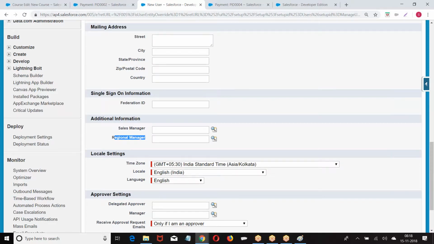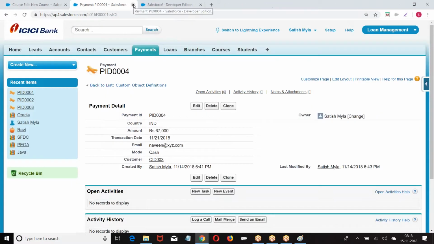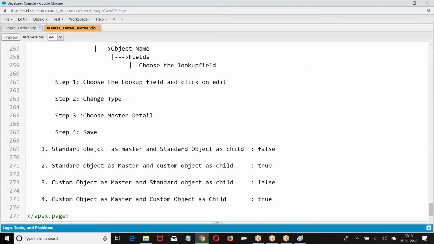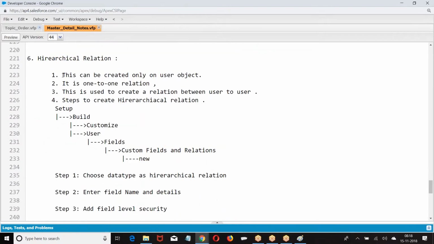User to user relation is called hierarchical relation. It can be created only on user object. That's what I have mentioned here. This is a one-to-one relation used to create a relation between user to user.